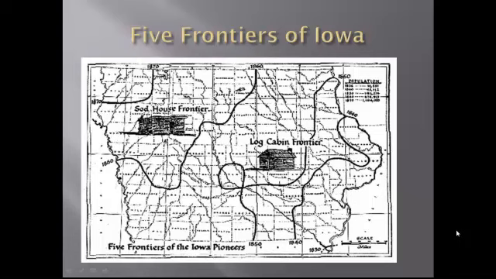This was the lowest elevation in the state and the area closest to the state of Missouri, which had been established in 1820, so 10 years earlier. Its location at the confluence of the Des Moines and Mississippi rivers lent itself to early settlement, as Keokuk then became a jumping off point for the rest of Iowa to the north along the Mississippi and into the interior along the Des Moines River. The second frontier is inland